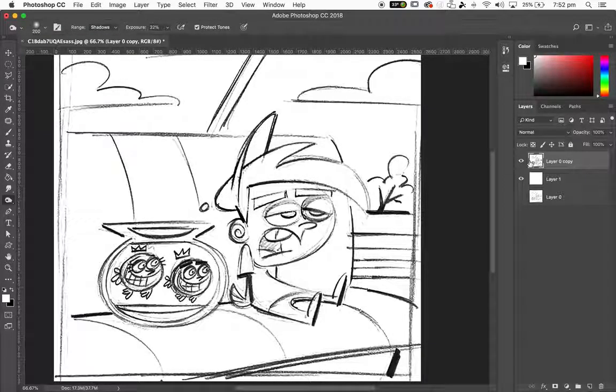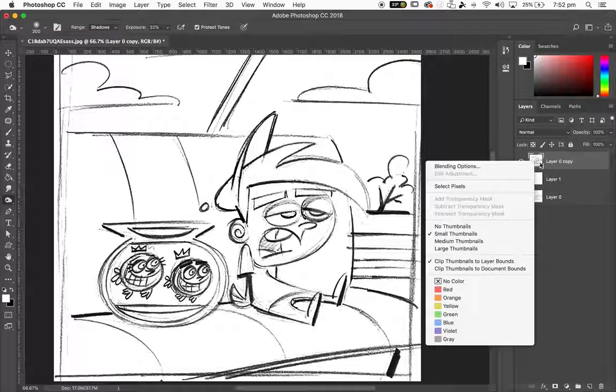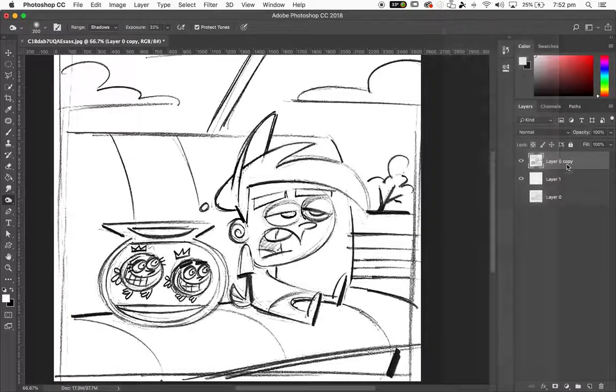is to duplicate this layer. So this is our line work layer. I'm going to right click on that, and you can go to duplicate. Oop, it says it's not there, or you can drag this down. This is my preferred way of doing it: drag it down to the little icon there and duplicate that